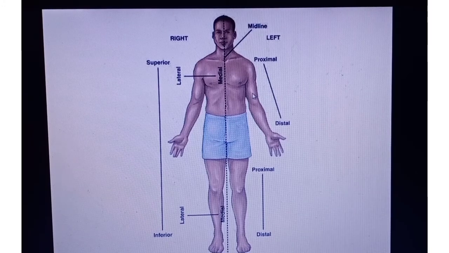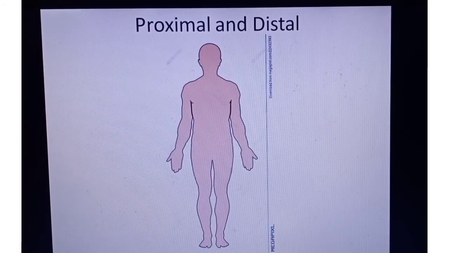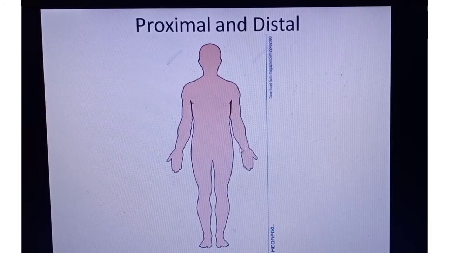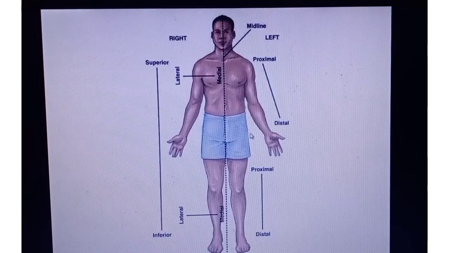Okay, don't get confused. See, in the older one, in the another one, what did we read is we were taking hand into consideration and we were talking about forearm is nearer, that is proximal, and we were saying that arm is distal to the hand. Okay, and now in this one we are talking about the trunk. We are taking the trunk into consideration and we are saying that arm is nearer, that is proximal, and your hand is distal. Do you get that? So that is all about this basic topic.